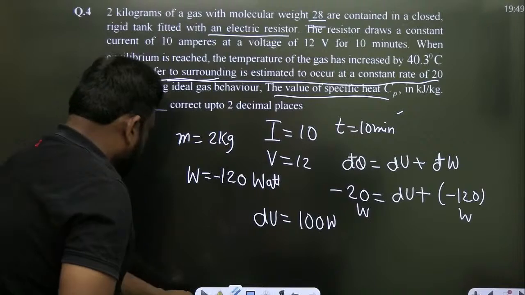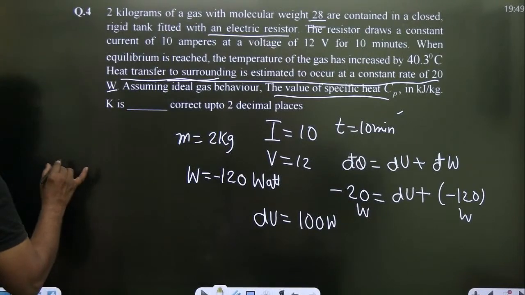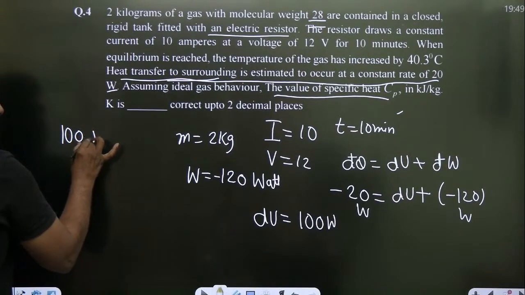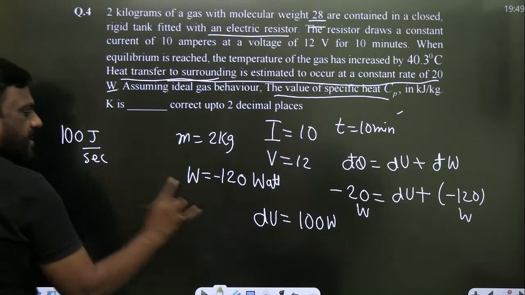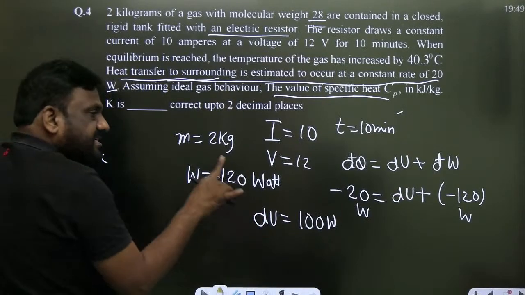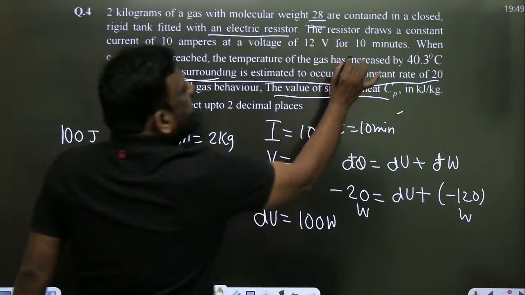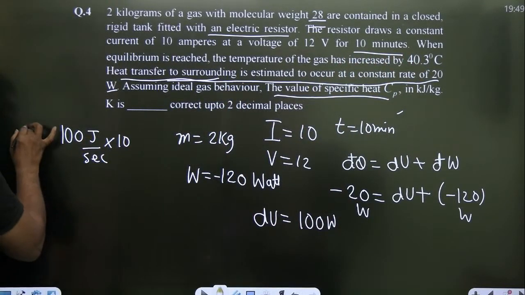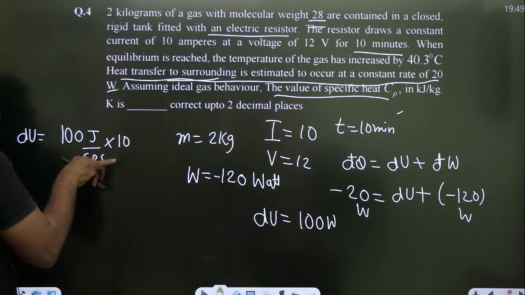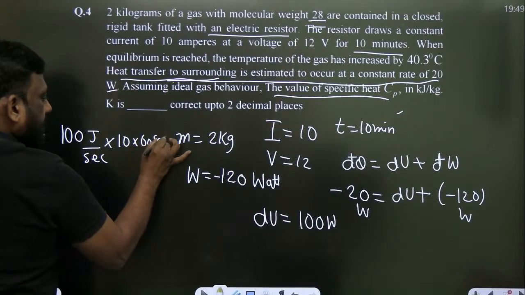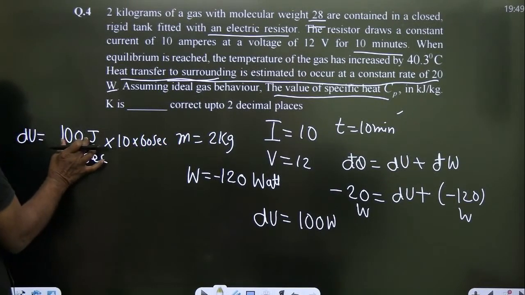सुनो केयरफुली, आराम से, कोई टेंशन मत लेना। देखो, लेट मी कन्वर्ट दिस, ये जो 100 वॉट है, कैन आई राइट वॉट एज जूल पर सेकंड? ध्यान से सुनो। एक सेकंड के लिए इतना इंटरनल एनर्जी सिस्टम का इंक्रीज हो रहा है, बट इट इज रनिंग फॉर 10 मिनट्स। सो टोटल इंटरनल एनर्जी चेंज आई विल कैलकुलेट। फॉर 1 सेकंड दिस मच चेंज, फॉर 10 मिनट, मिनट का मतलब 60 सेकंड।